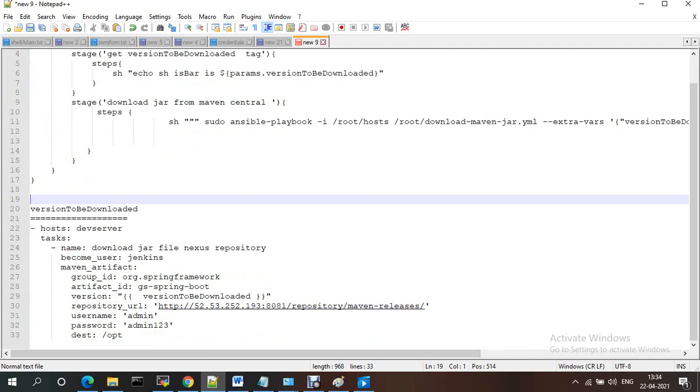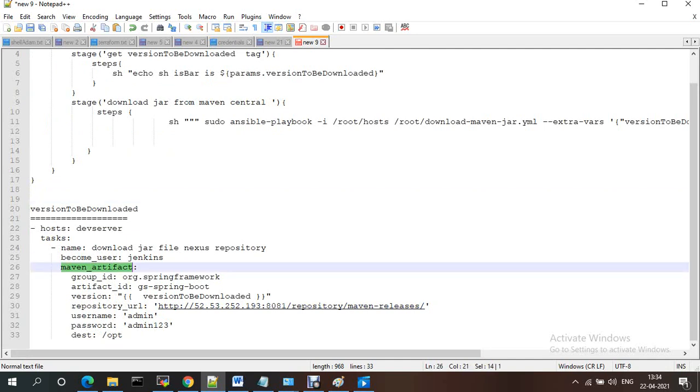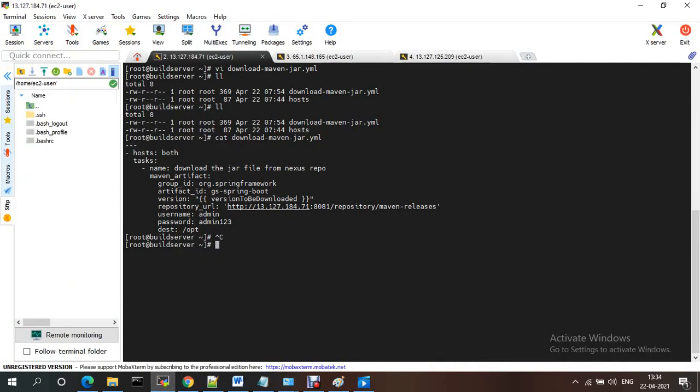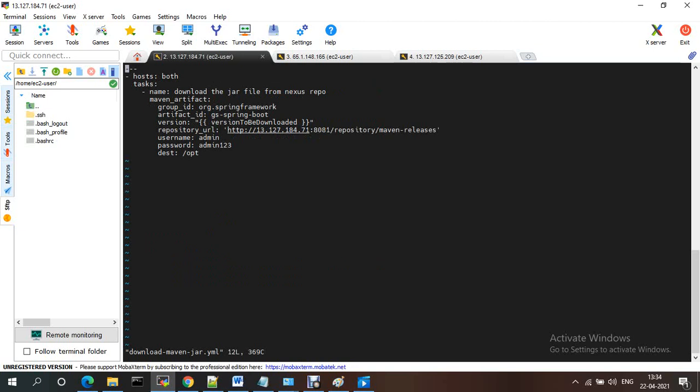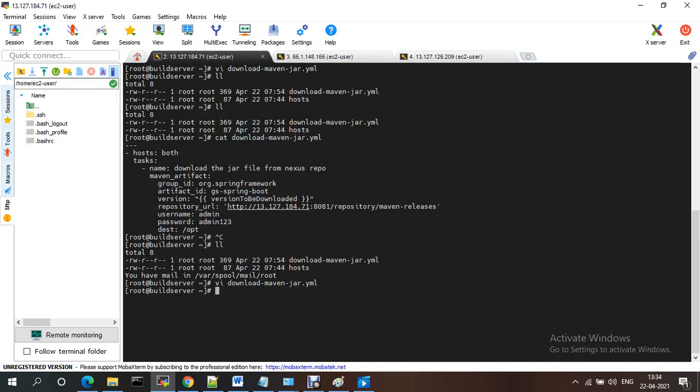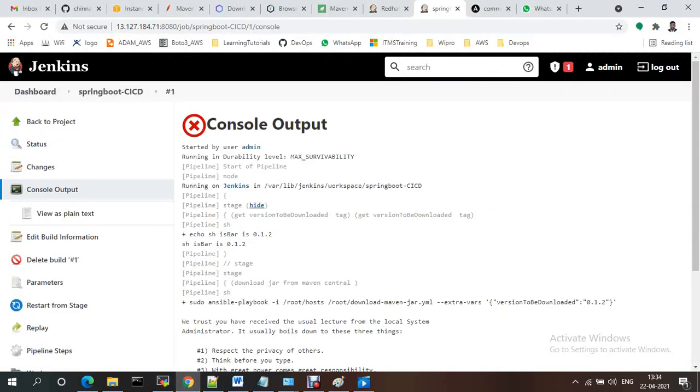Repository URL. Maven artifact Spring Boot version URL Maven releases. This is done, this is correct. Using Jenkins, it just needs to be approved by admin.